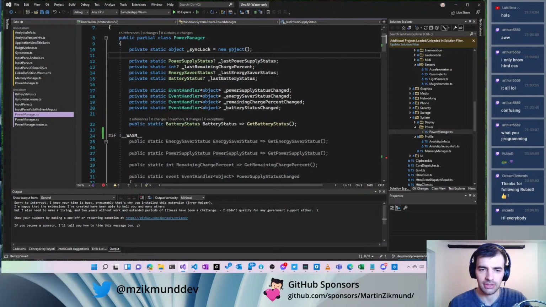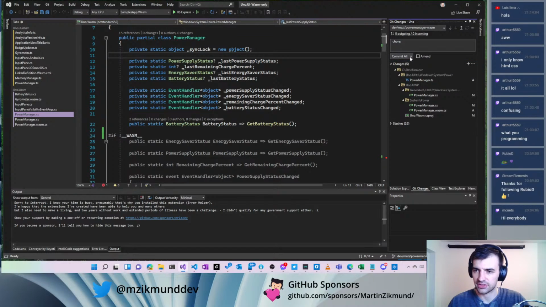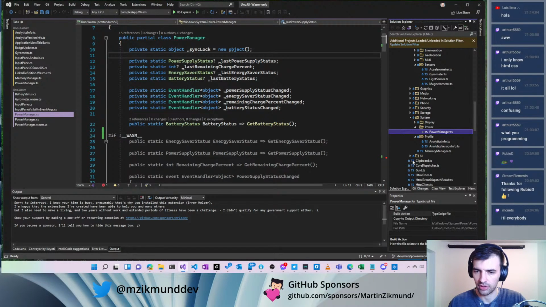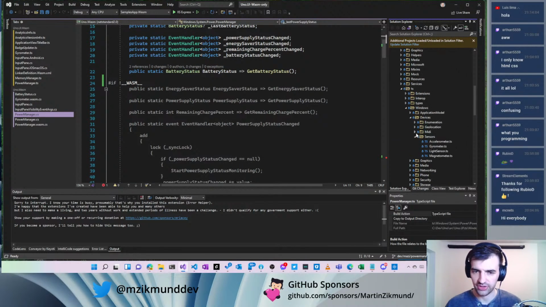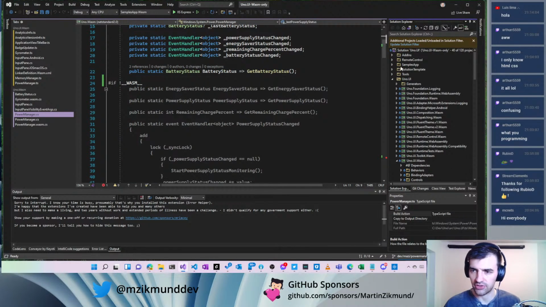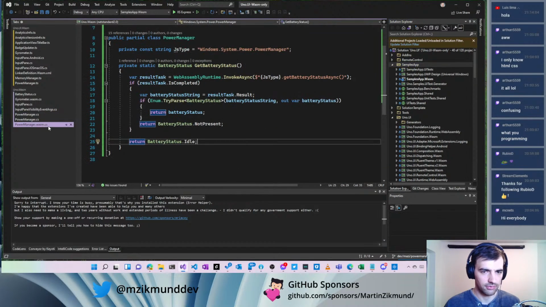But in case of WebAssembly it would initialize the battery object. Okay, let's try what this will do, just out of curiosity to see if this simple solution is working. I think it should be working, so